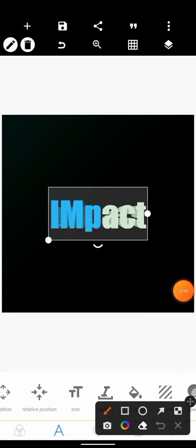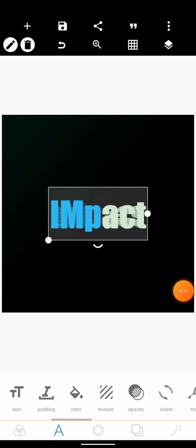So let's go back. We have our text size. This is to adjust our size. Then we have our padding. Now, this padding tool is not irrelevant. This padding tool is used to